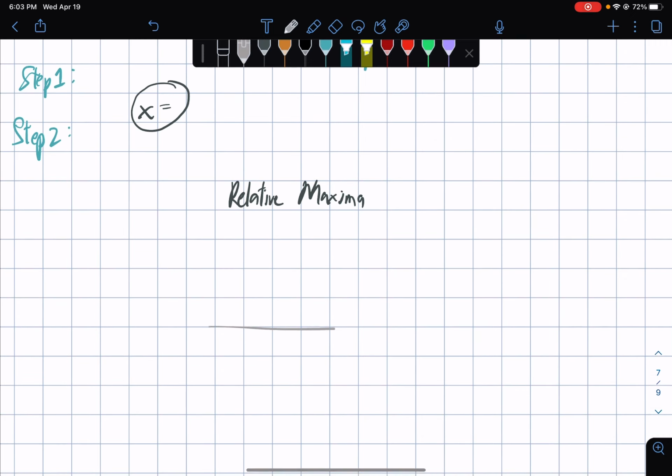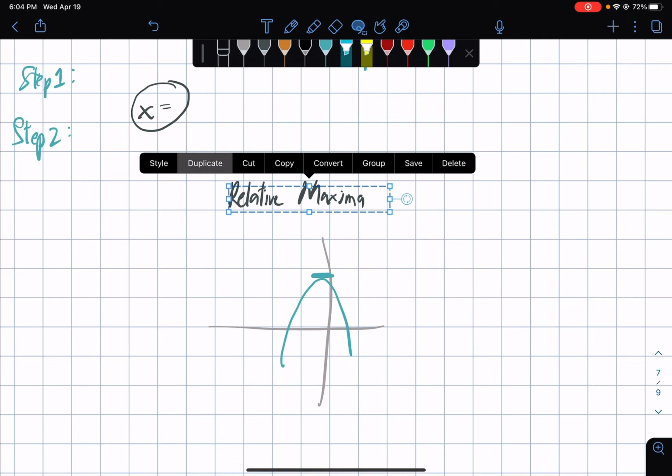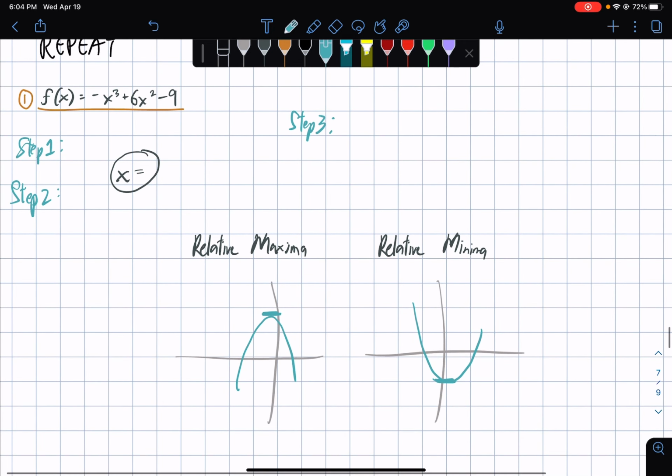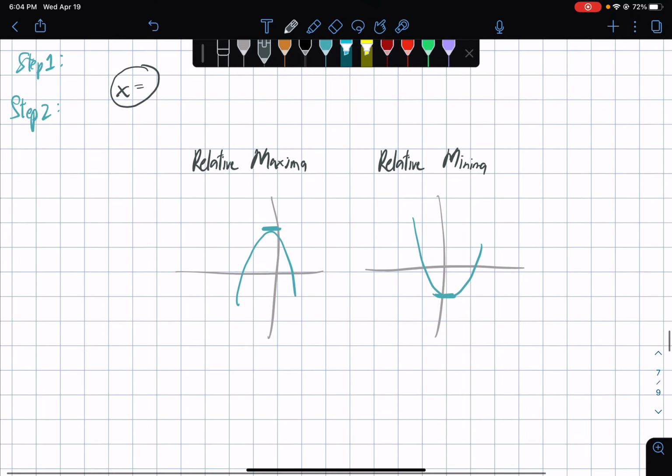graphically speaking, it looks like something like this. This is the relative maxima. And when we say relative minima, graphically it would look like this. This is the minima. So given that, let's just skip the formal definitions and just get over with